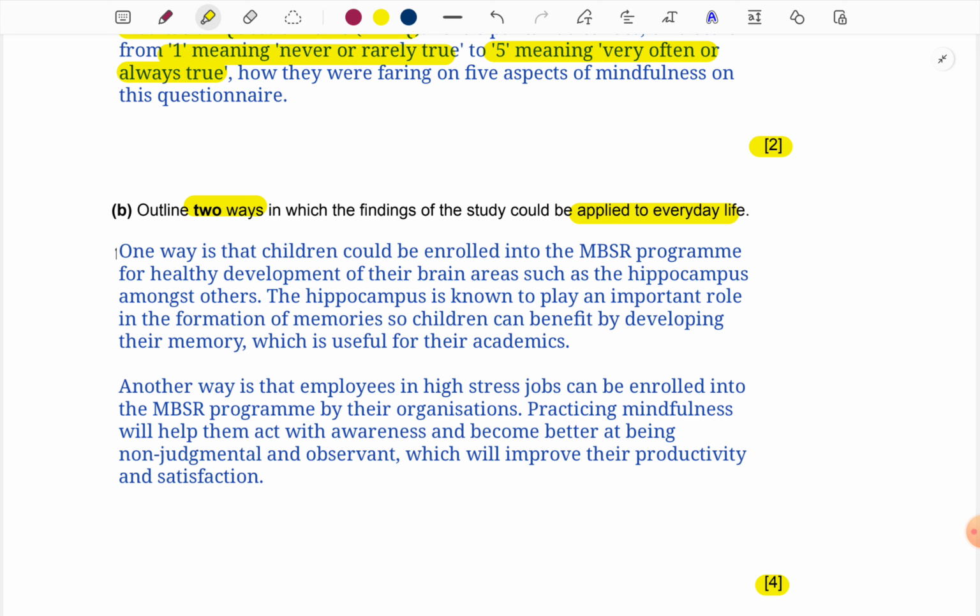Here I have given the findings. One more thing is, many times students think that lengthy answers can get marks. I just like to give you some tips in between, so I'm just discussing this. Might seem a little off track, but I just want to discuss this. Students feel writing lengthy answers will get marks. Why? Because they just don't understand the content. They just look at the answer, it looks long, it looks like a lot of words have been used. So very superficially they come to the conclusion, oh, a lot of words is what will get marks. A lot of words will not get marks. Good content will get marks.